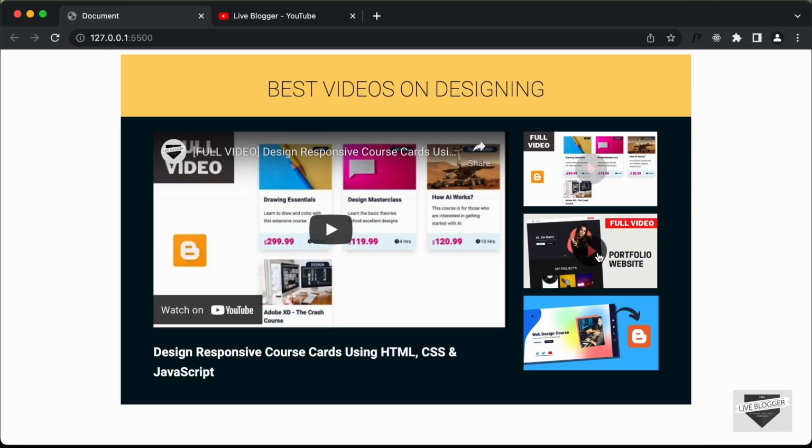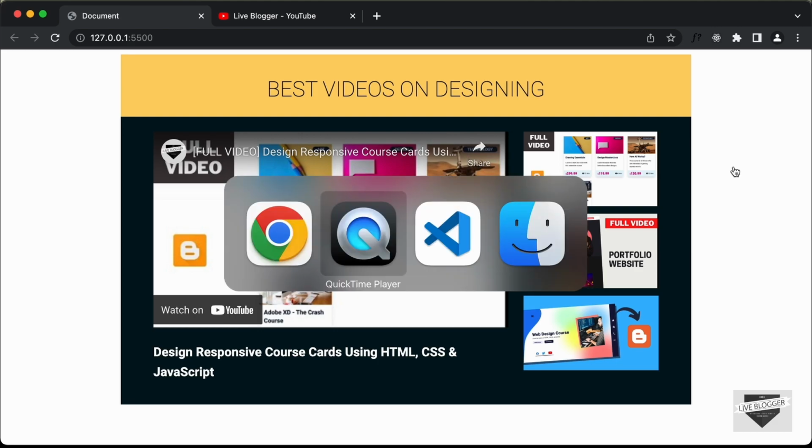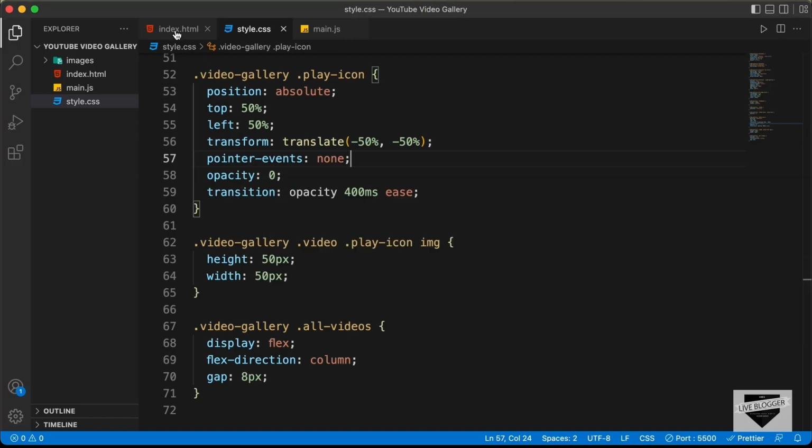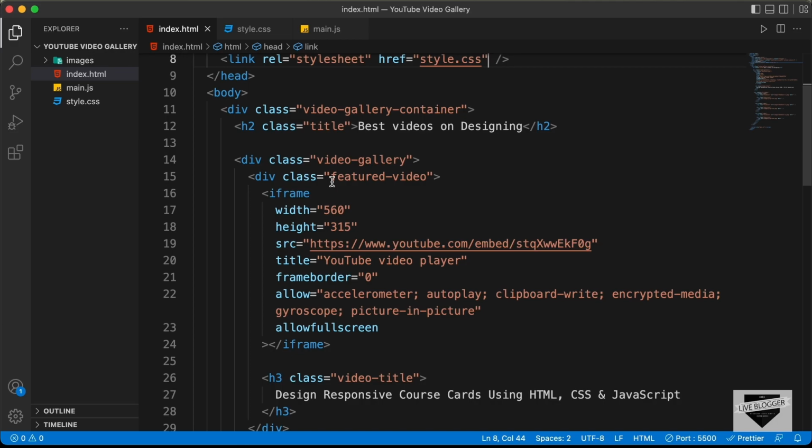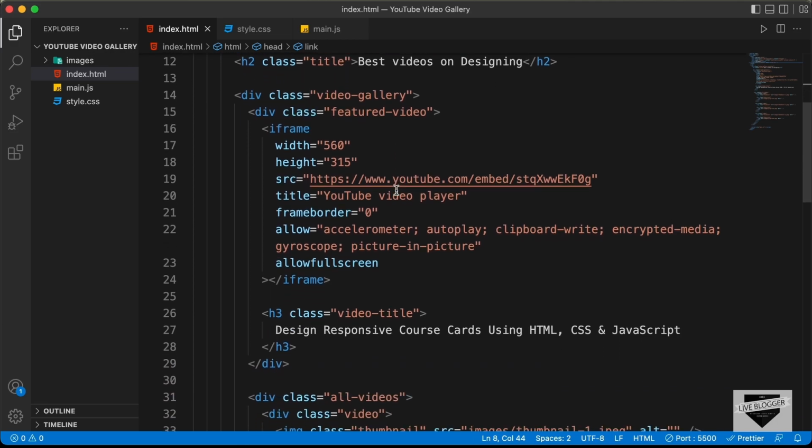Now when we click on one of these thumbnails, the video should be displayed over here. So for that we need to get the URL of the video, and let's go to our source code, and here we can see in the HTML, this is the division with the class of featured video, and in that we have this iframe, and here we can see we have an attribute called source, and in that we have this YouTube video URL. Now here you can add an option to show just the related videos of the current channel. So for that you can just type